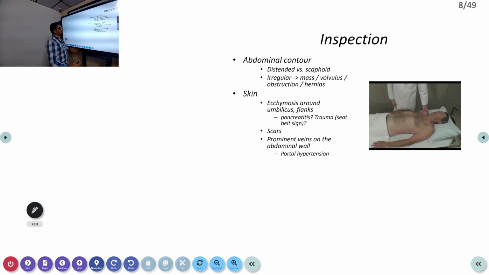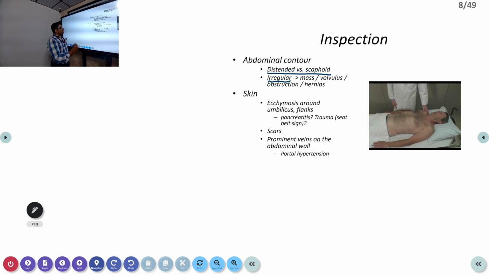You will look at the distension of the abdomen. If there is any irregular mass, you look at all the 9 quadrants to see if they are symmetrical. Or with the 4 quadrants, right upper, right lower, left upper and left lower, check that all are symmetrical, with no increase in the size of one side of the abdomen. That is what is called irregular. Then distended and scaphoid, if there is any abdomen distension. What is the general shape of the abdomen?